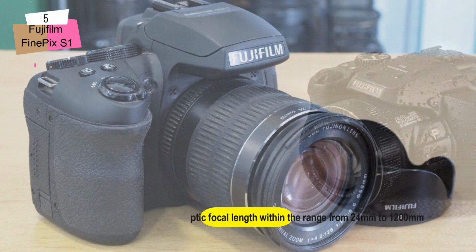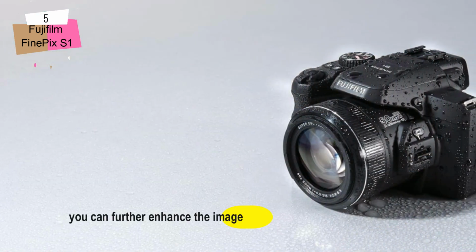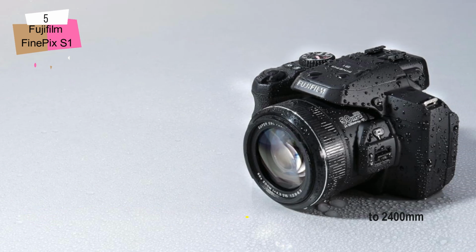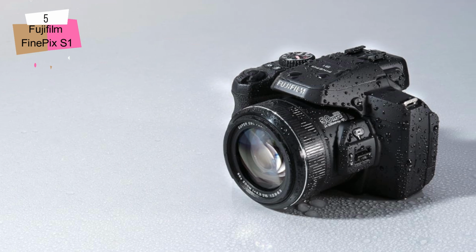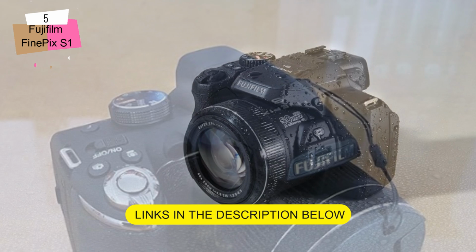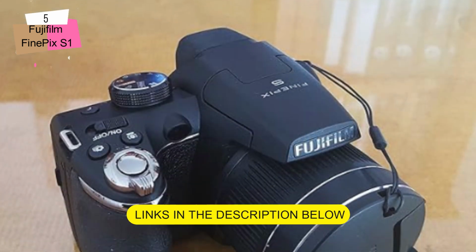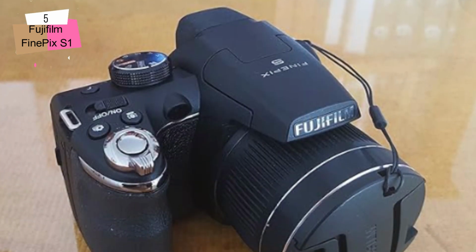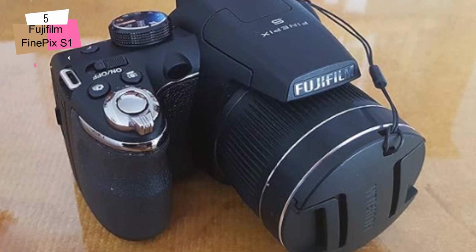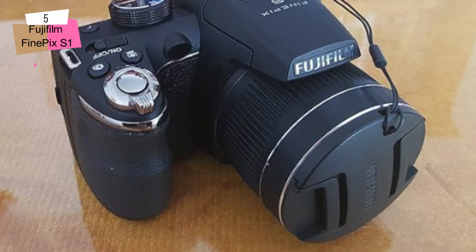to 1200mm. In addition, you can further enhance the image with a digital zoom up to 2400mm, though the image quality will obviously decrease the further you increase the magnification. Just like many other super zoom cameras, FinePix S1 features a super macro feature for when you want to shoot close-ups with a shallow depth of field for blurred-out background objects like flowers, bugs, raindrops on the leaves, and so